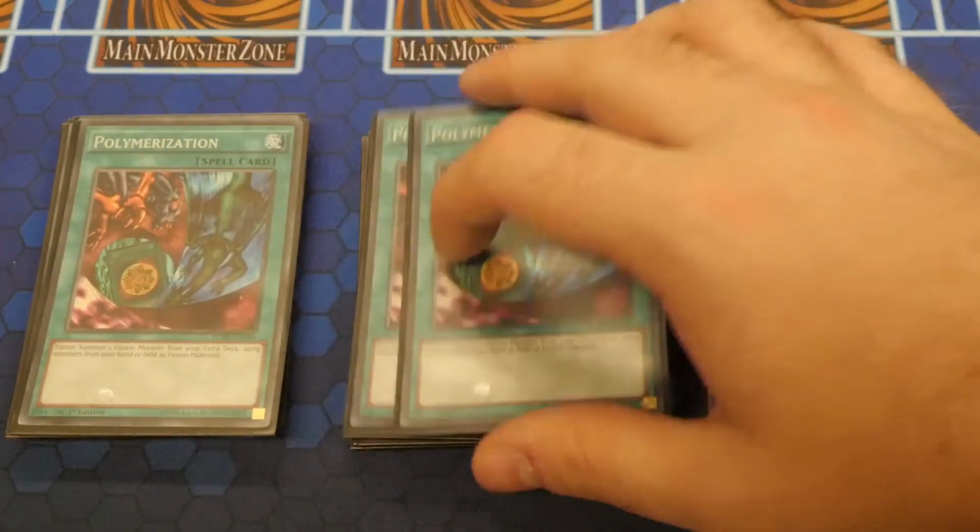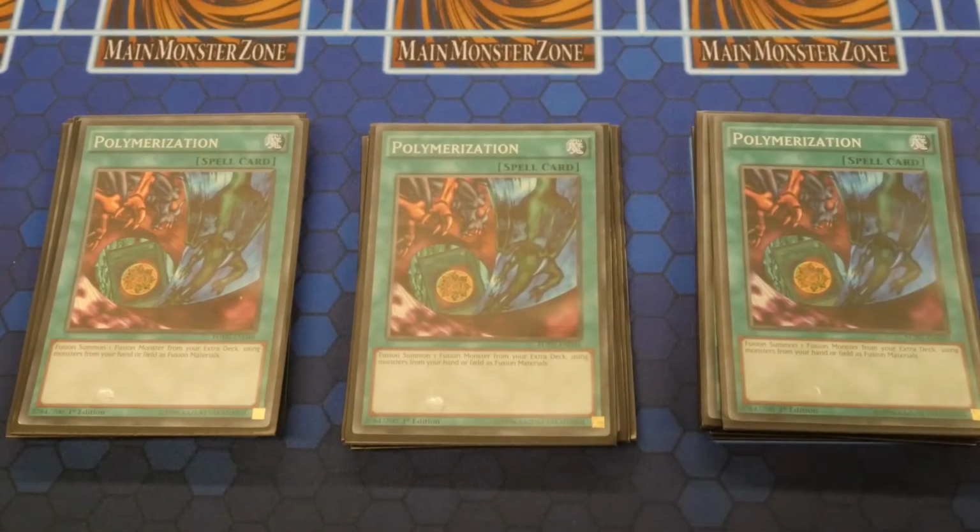We've then got triple Polymerization. Now this to me might seem a little bit too much. I don't know how it kind of helps out with the deck. I know there's no way of directly searching it. I know he did play one of the field spell, which I believe has been taken out. So I think the idea is that we're taking out the field spell and maximising the Polymerizations, because again,